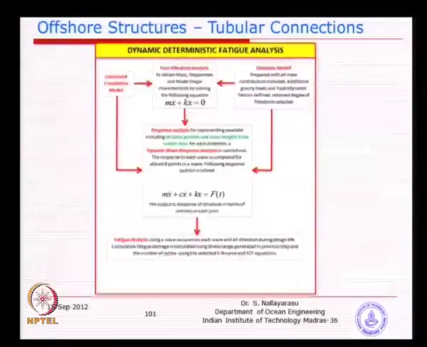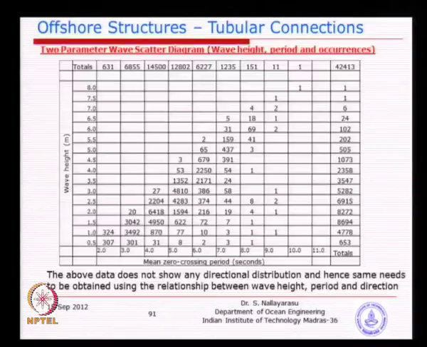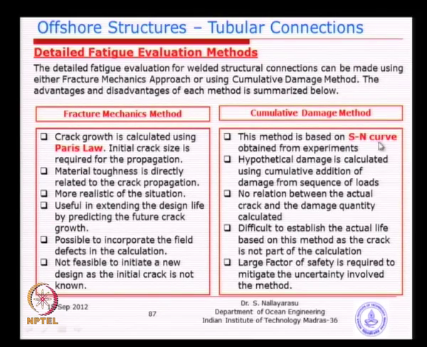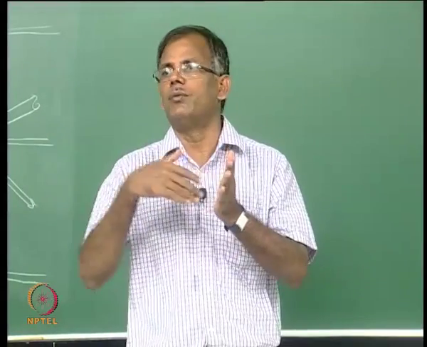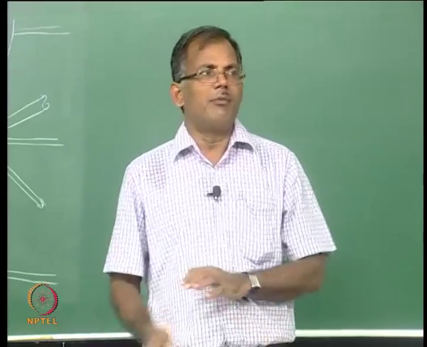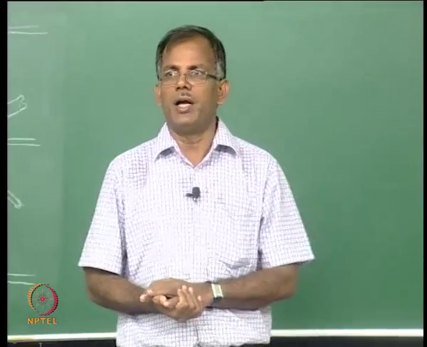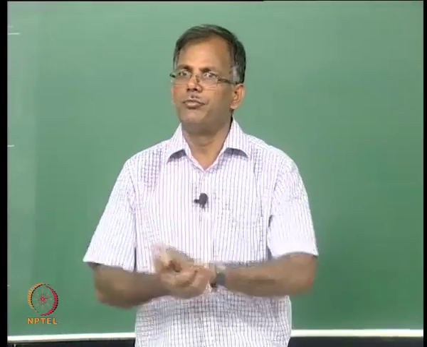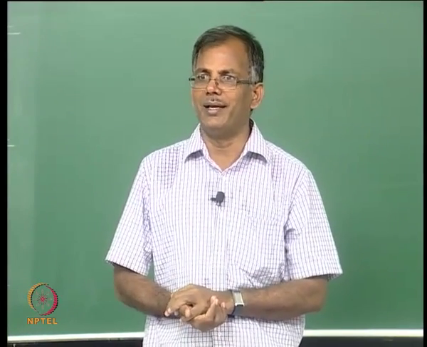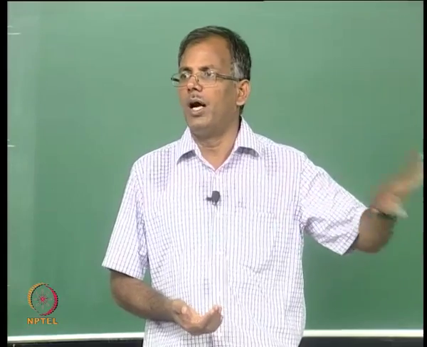So, that means this SN method is obviously very good, because it represents the reality. We fabricate a typical joint of that type. It can be a plated joint, then you will have a different relationship. But the only problem is a little bit of a hypothetical idea, because we are unable to link this failure number of cycles to the actual crack, because we are not estimating that. We leave the crack growth on one side.